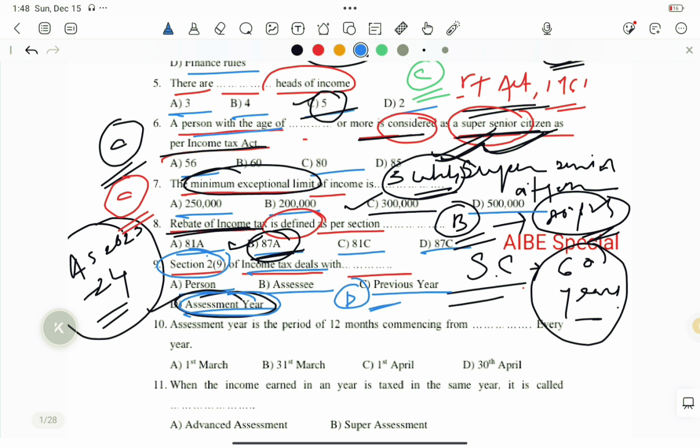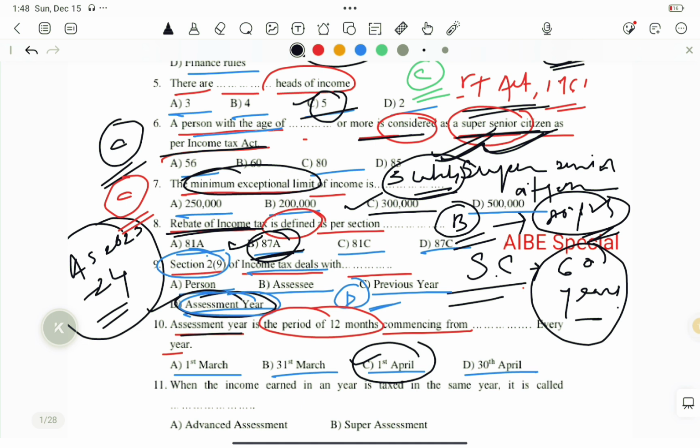Okay, so now moving to the next question. The next question is assessment year is the period of 12 months commencing from dash every year. Very important question. Let's see the options. Options are 1st March, 31st March, 1st April and 30th April. So in this case the correct option would be 1st April. That means assessment year is the period of 12 months commencing from 1st April